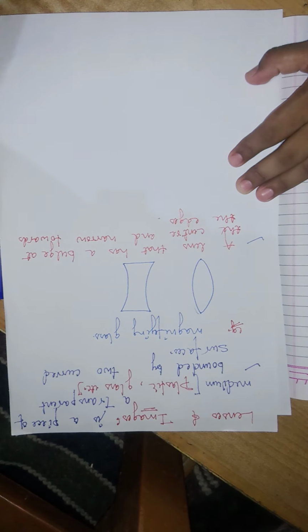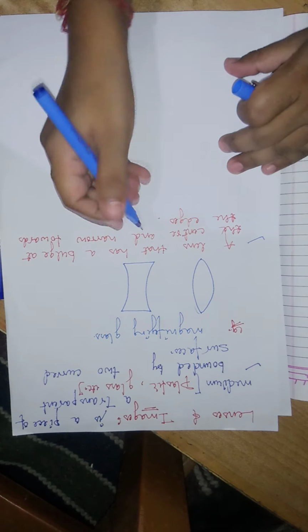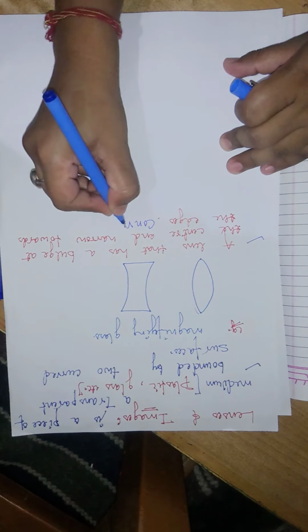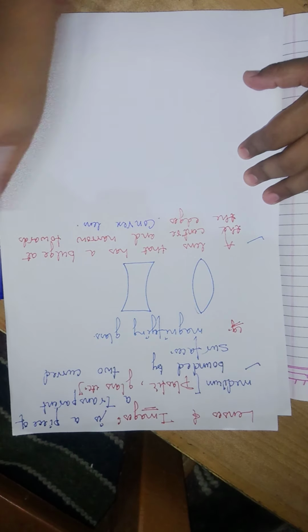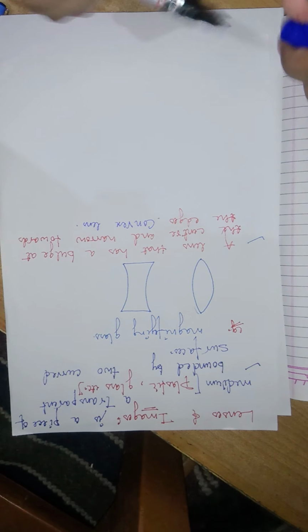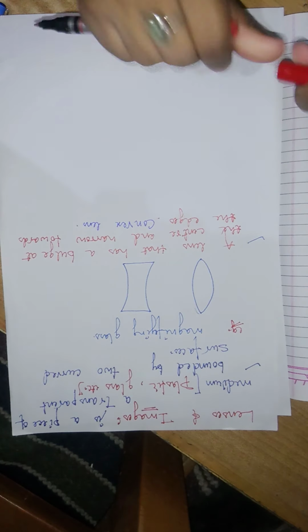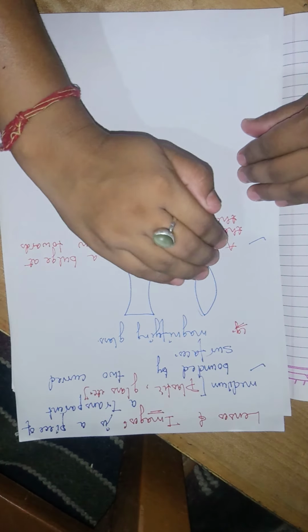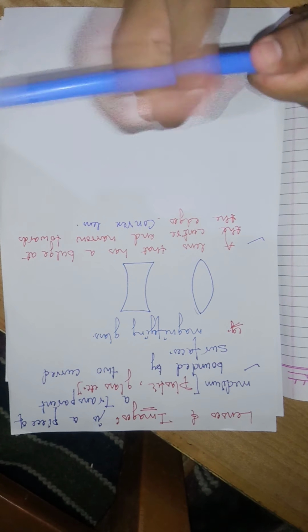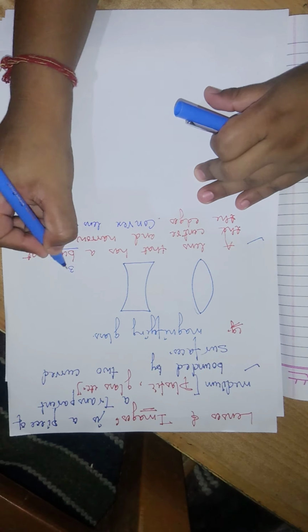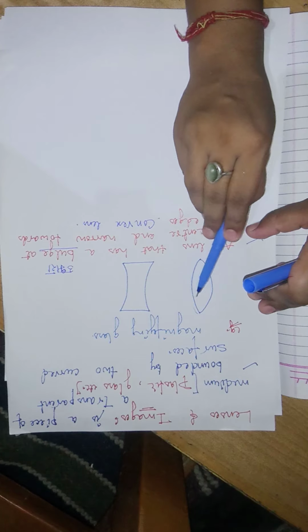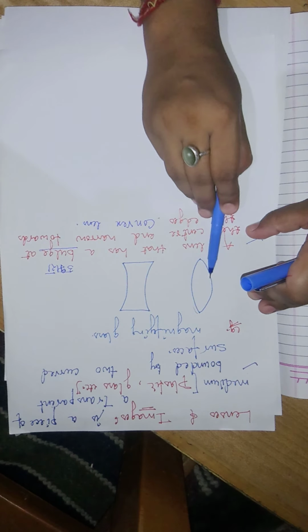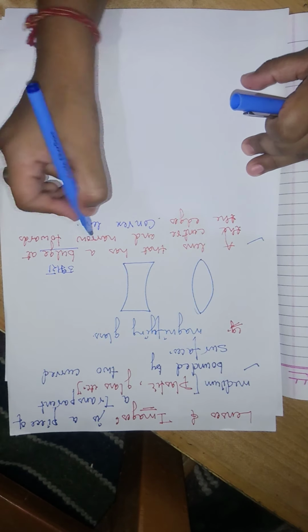So this very particular lens is known as the convex lens. Let me explain: it means a lens that has a bulge at its center and is narrow towards the edges. Bulge means ubhra hua hissa. I'll write it over here: ubhra, ठीक है, उठा हुआ. See, at the center it is bulged.